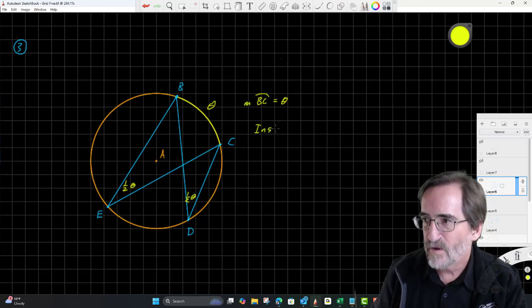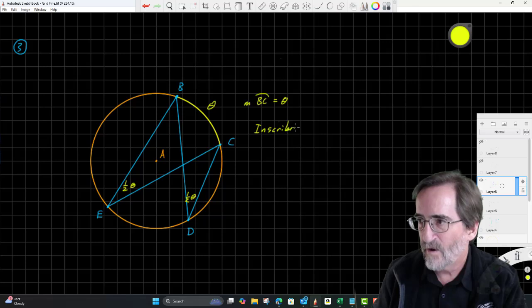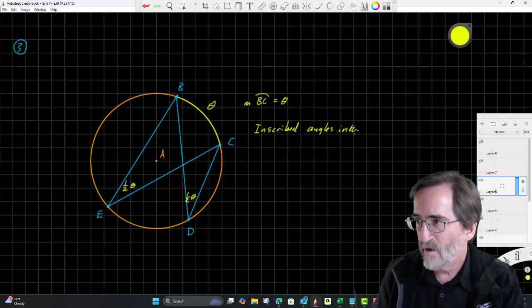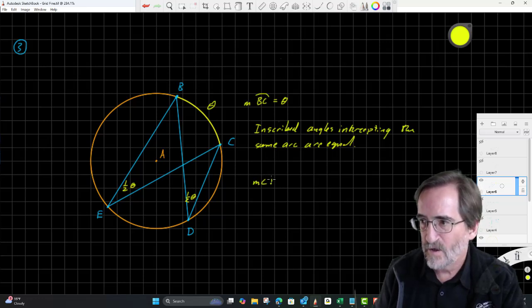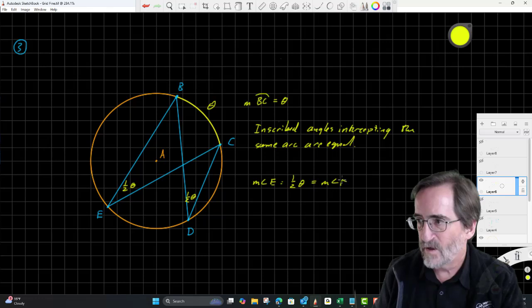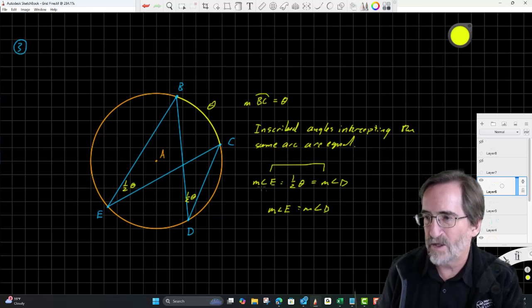Inscribed angles intercepting the same arc are equal or congruent. Okay? Since the measure of angle E equals 1/2 theta, and the measure of angle D equals 1/2 theta, they must be equal to each other. The measure of angle E equals the measure of angle D, and here's how you're going to be given this